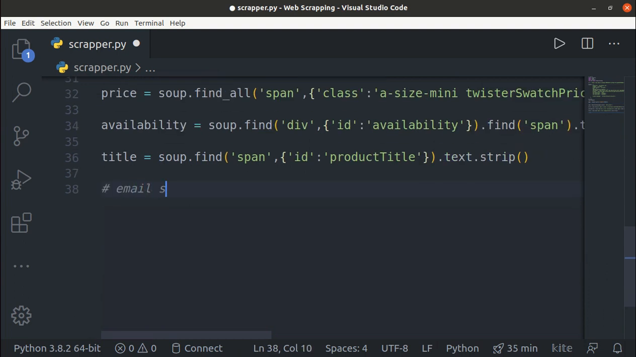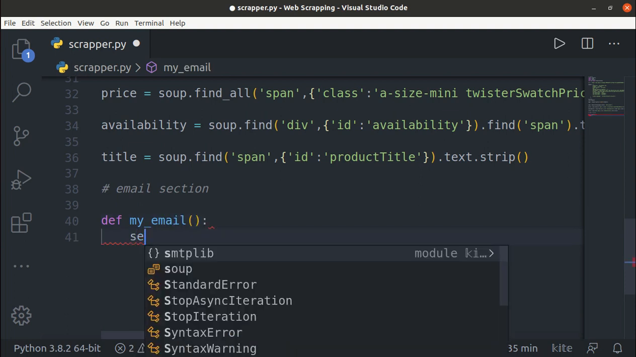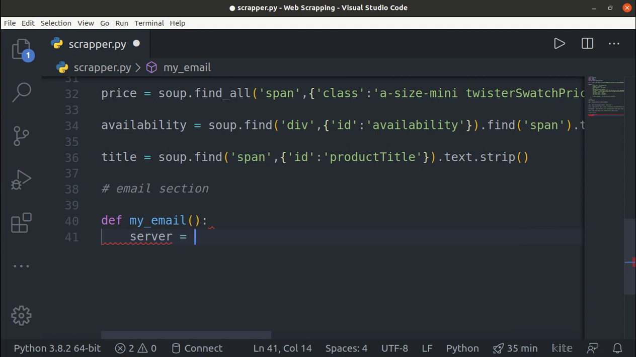So I'm going to, this is the email section. I'm going to define a function, def my email, that will send the email. Then I'm going to use server as a variable, equals to